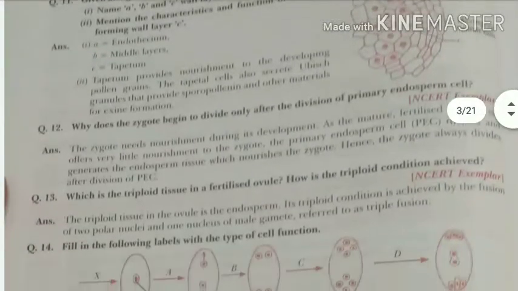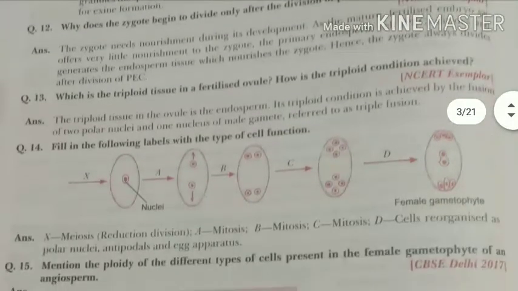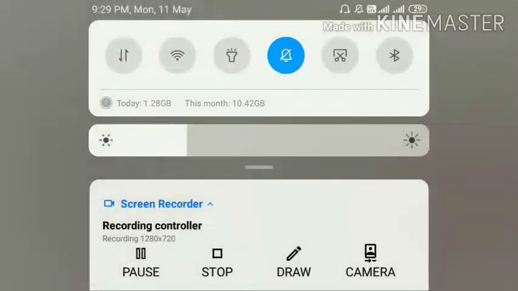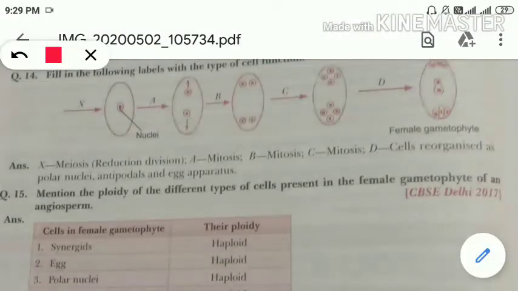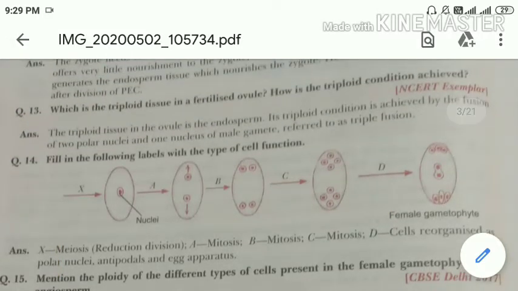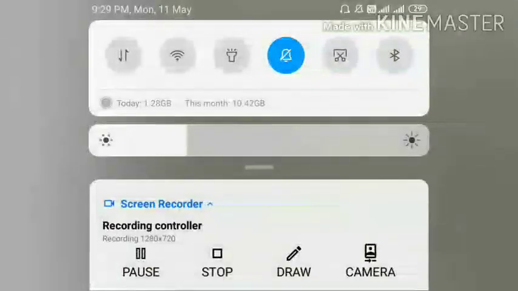Okay, now come to the next question. Which is the triploid tissue in a fertilized ovule? How is the triploid condition achieved? We know that